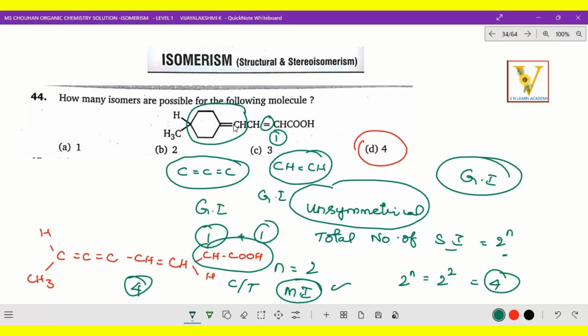So mainly, how do we identify unsymmetrical? What is the formula for unsymmetrical? It has to be 2 to the power of n. The formula to find stereoisomers is 2 to the power of n, and that is the main way you can identify easily. And n is the number of stereogenic centers. Mainly, to find stereoisomers, a geometrical center has to be present, whether a double bond is given, or a cumulene structure, a ring with double bond connected with carbon. In that way also you can identify. I hope you got the clarity about this question. Come on, let's go to the next question.